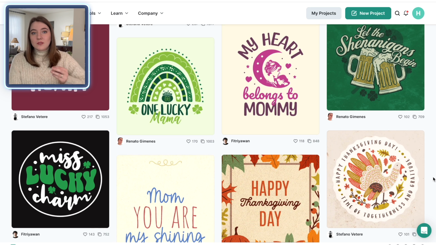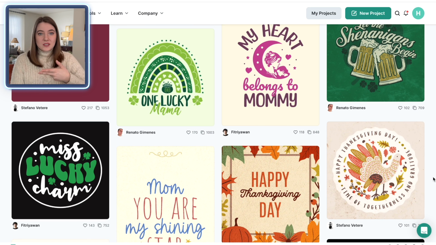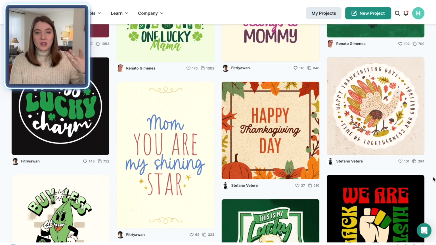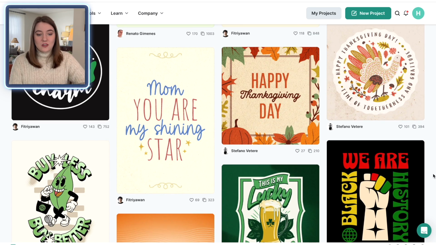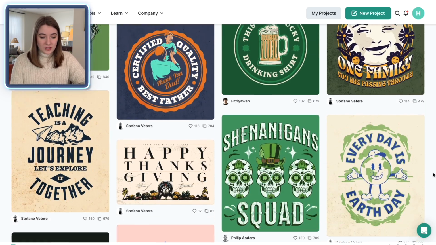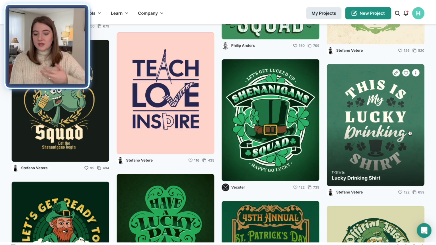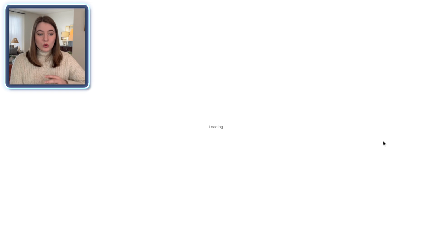So I'm thinking for this design, I'm going to have it say something like, I care for the cutest little clovers, or something about their little patients, like if this is a pediatric nurse. So let's see what we can find here. I think this one, since it has kind of a lot of text already on it, would be perfect